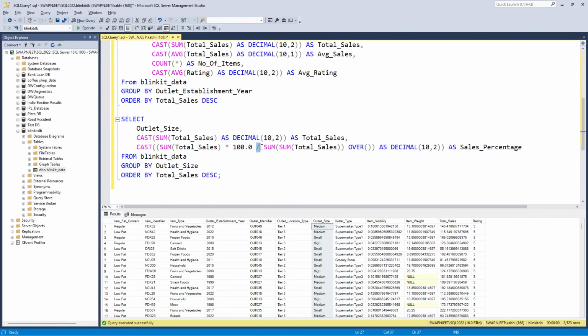Okay, then divided by the total sales. The sales of that particular outlet is divided by the total sales. When I say total sales, it should be the sales irrespective of outlet size. It should be the sales of all the outlet sizes which are available. That is nothing but the entire data set's total sales, right? And that's the reason we have taken sum of sales over here, but we are using an outer sum also